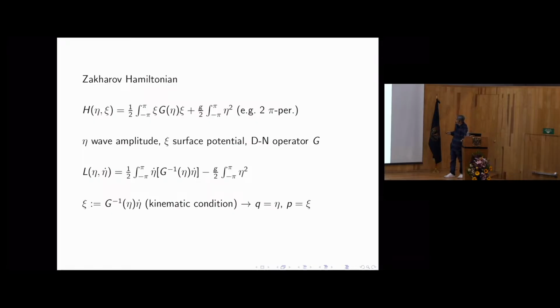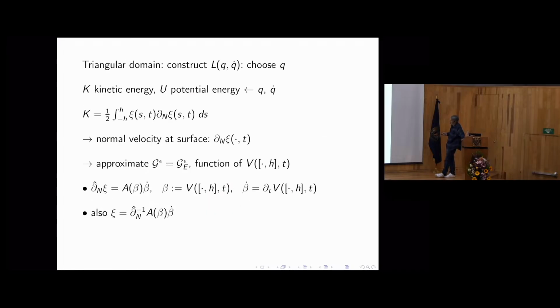In fact, this was the Zakharov Hamiltonian for the two-periodic case, where we see explicitly how the Dirichlet-Neumann operator appears as a functional applying on the free surface potential. So this is the kinetic energy, and this is the potential energy. And we have also, under some conditions, the Neumann to Dirichlet operator, and so we are basically influenced by that, but we think that it's easier to derive, start with the Lagrangian, and so I will skip the details,